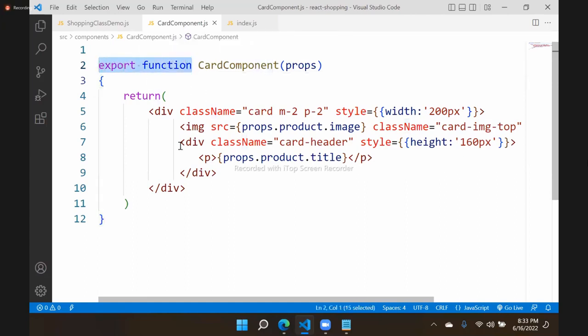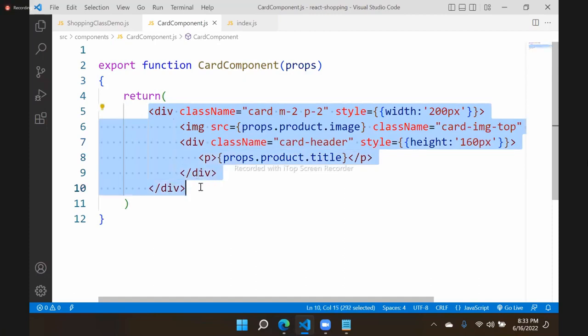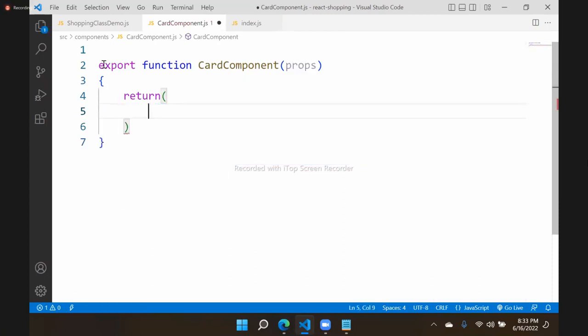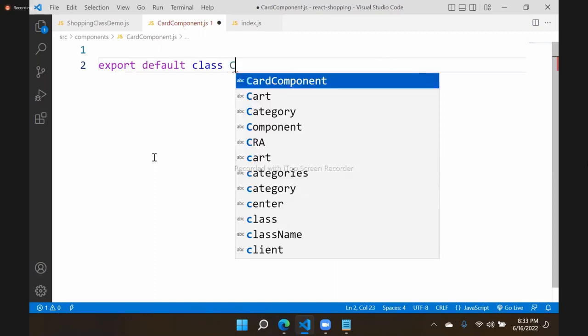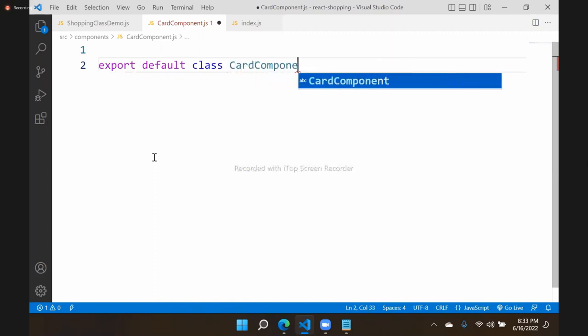I will keep this presentation as it is. We will change this to class component now. So export default class card component, and it extends